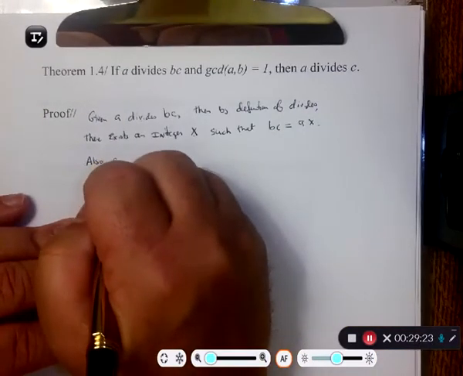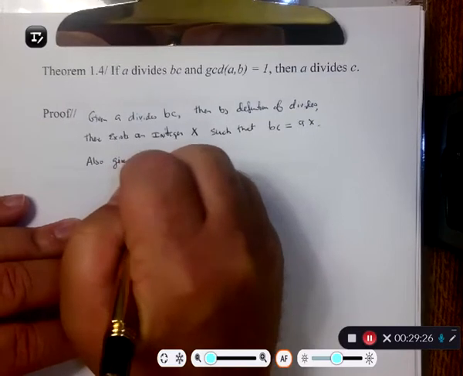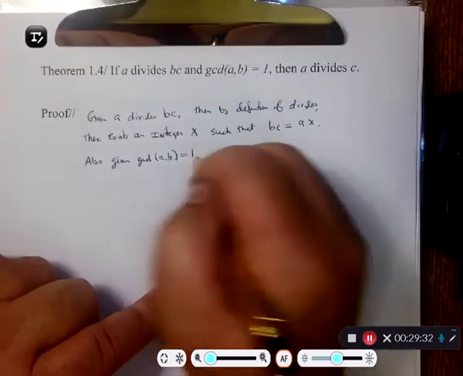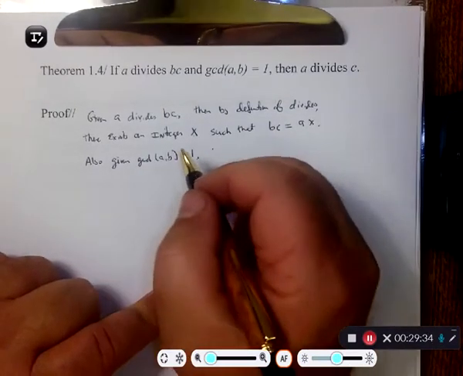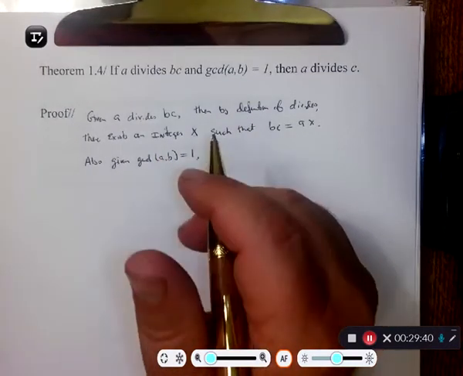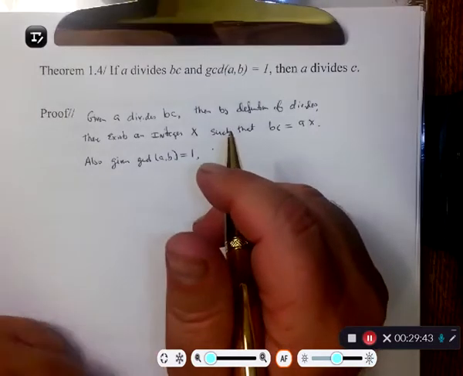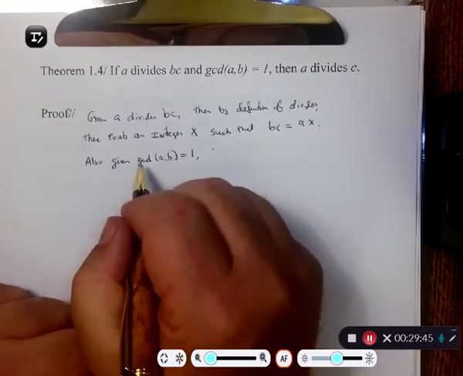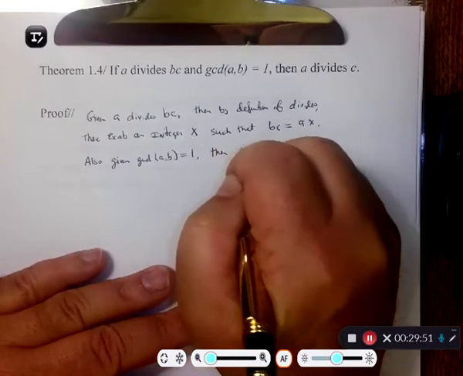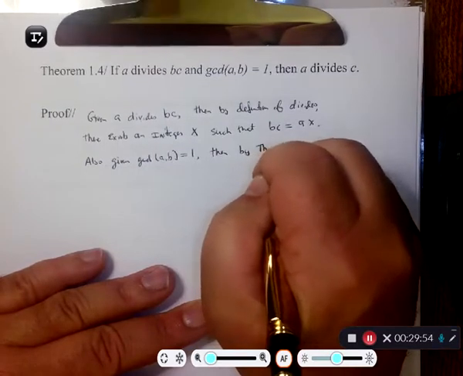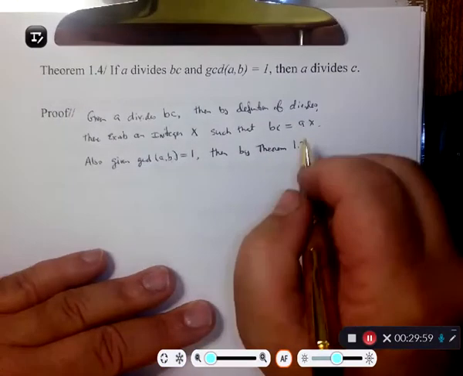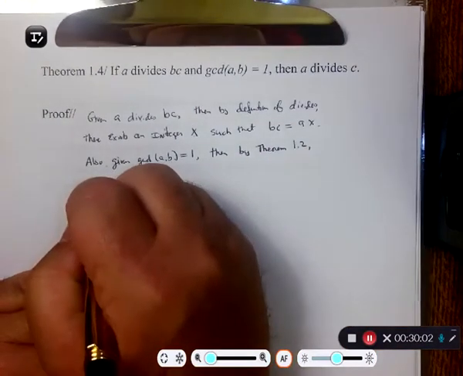Also given that the GCD of A and B is equal to 1. Well, when you have GCDs, Theorem 1.2 allows us to go from GCDs to equations. That's why Theorem 1.2 is so important. So, also given that the GCD of A and B equals 1, then by Theorem 1.2, you have to tell me the reasoning here. Definition of divisors was in the previous part. Now it's Theorem 1.2. There exist